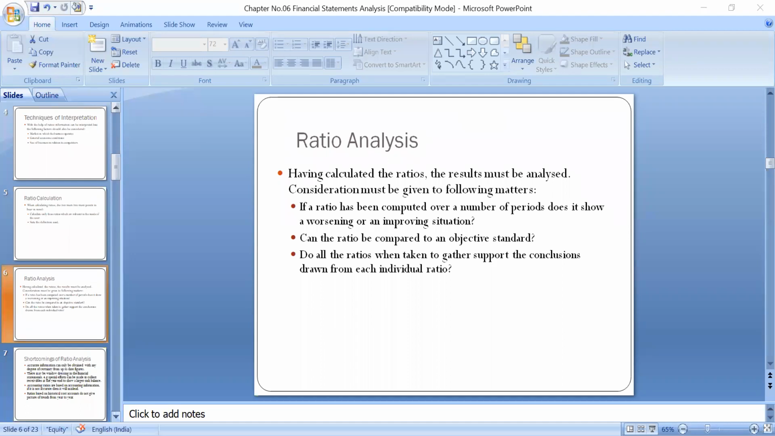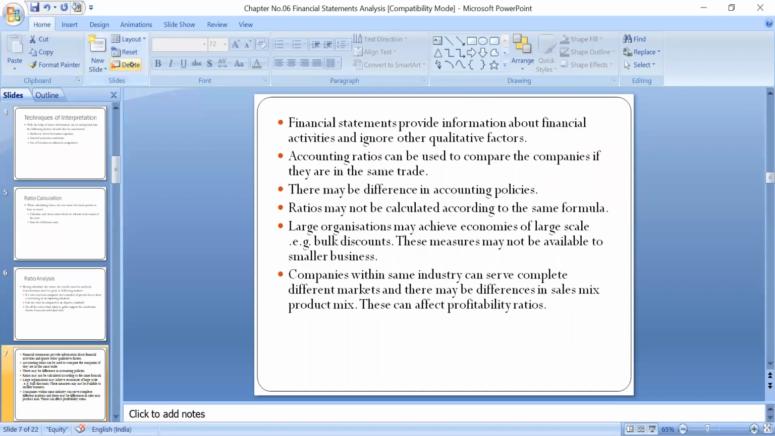Any question? Okay, ये इसमें नहीं है, ये मैं इसमें से निकाल देता हूँ।